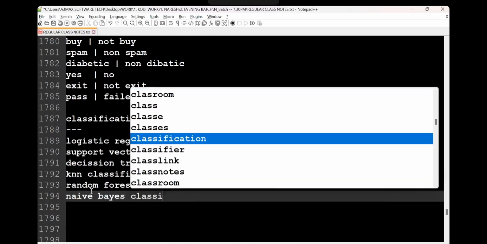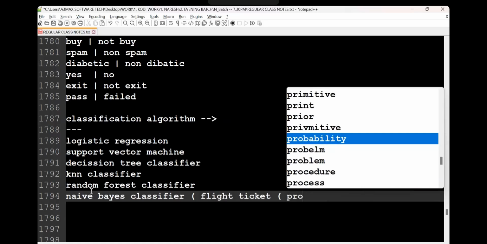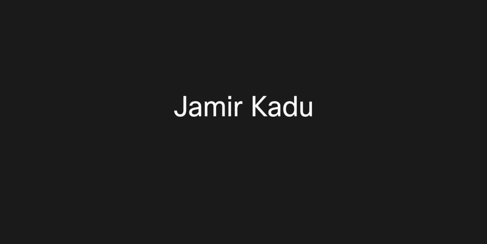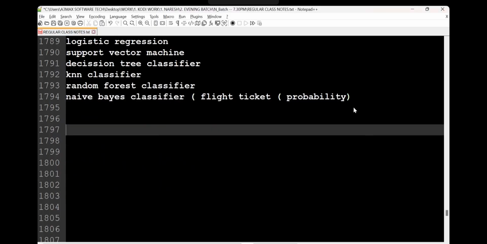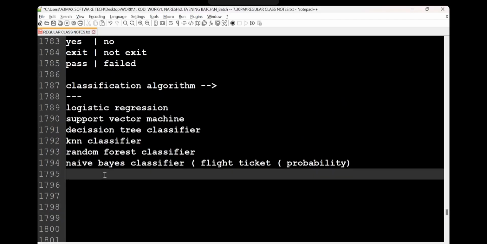This algorithm we see implemented when we book flight tickets. Do you see the probability factors or not? So this algorithm has been introduced there. Oops, I'm sorry. Just one second. So these algorithms we have, and a few more algorithms, I'll write them down. Just one second. Naive Bayes, decision tree, random forest,